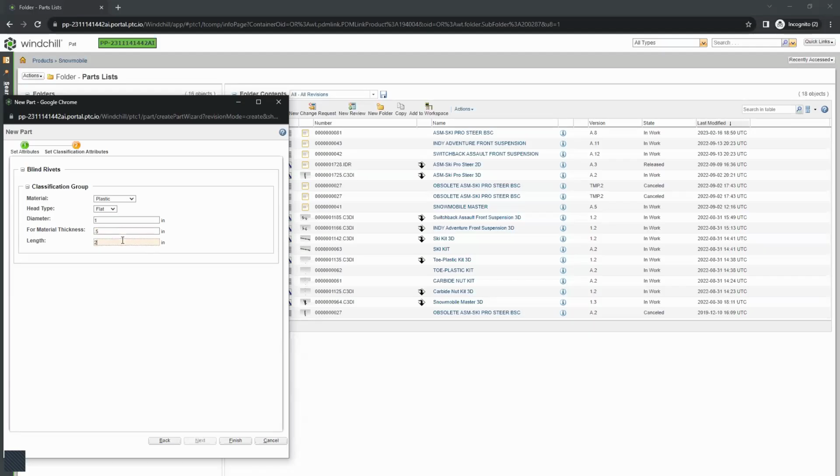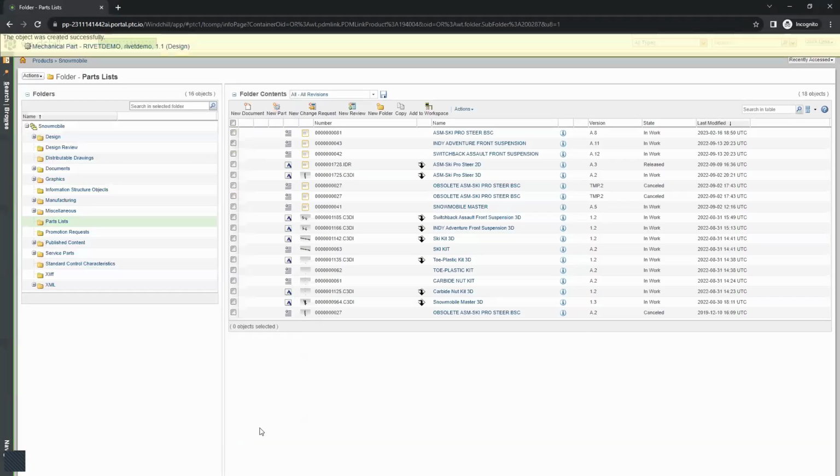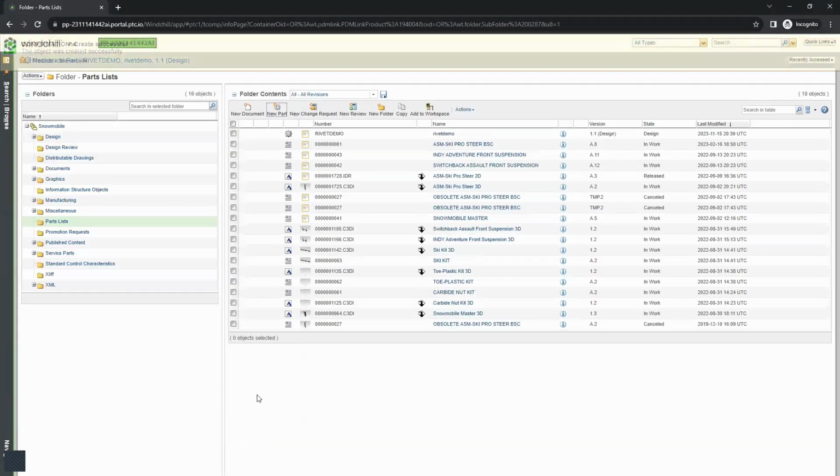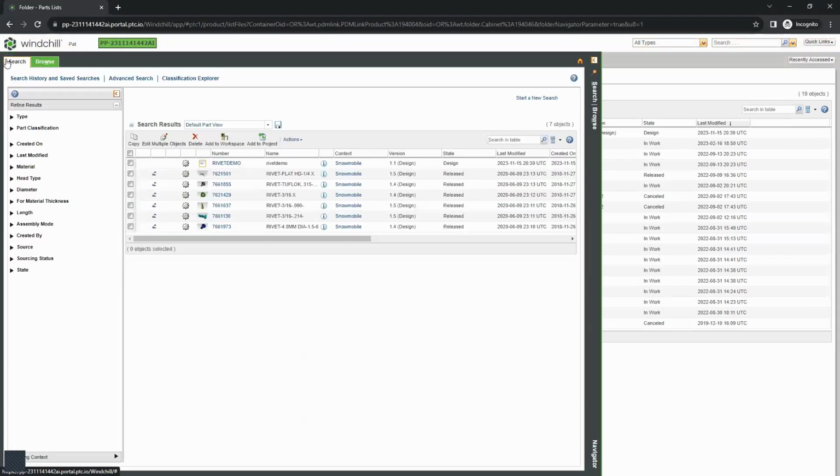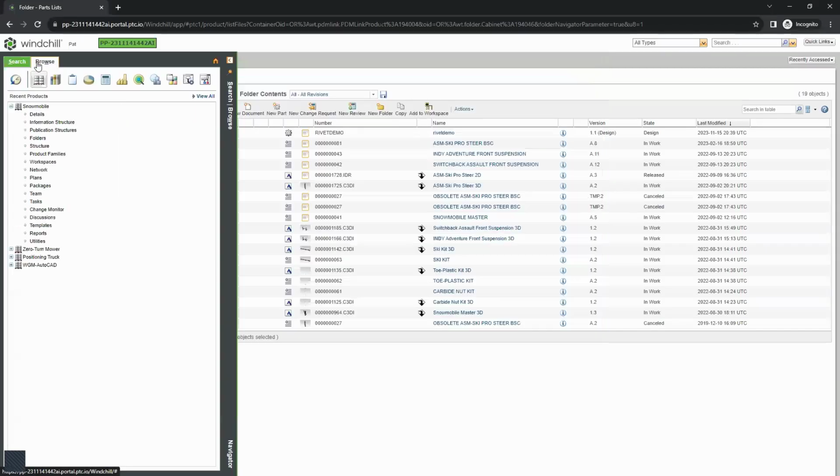But those are the attributes for the parts. And then once that is done, it's just an object in Windchill. So we added that object, it's now classified. We can go in and search on it and then find it throughout. So if we have this go in, see in the searches right here, it just added to the rivet types